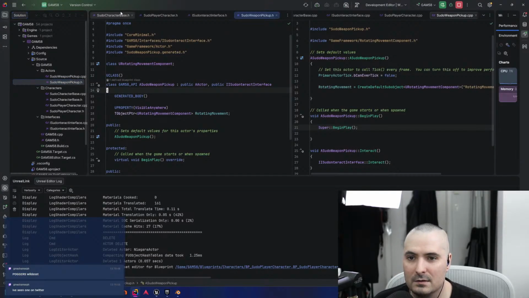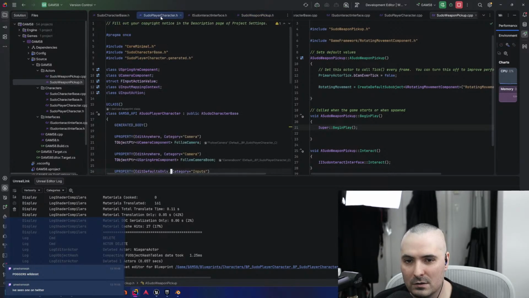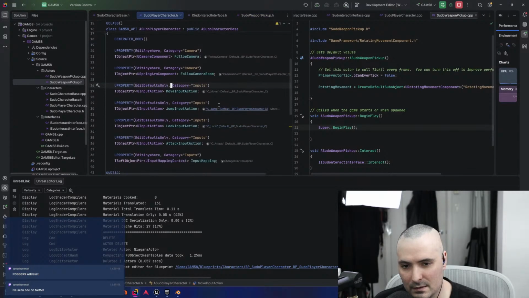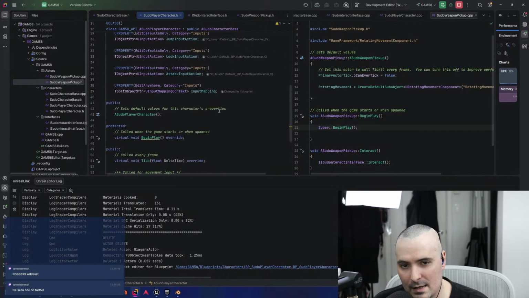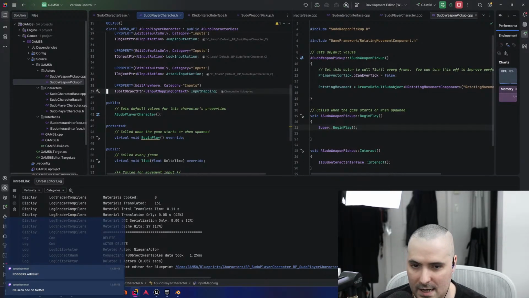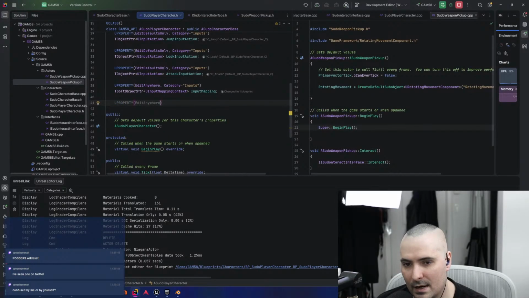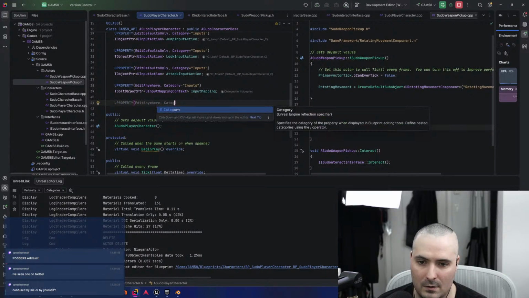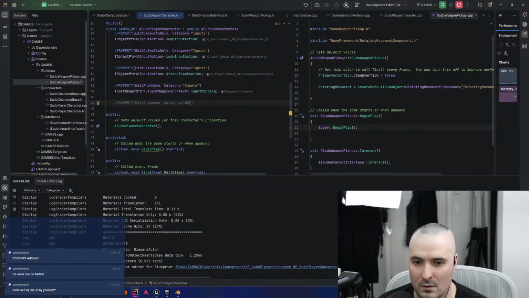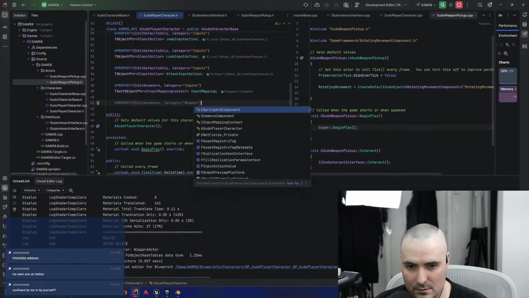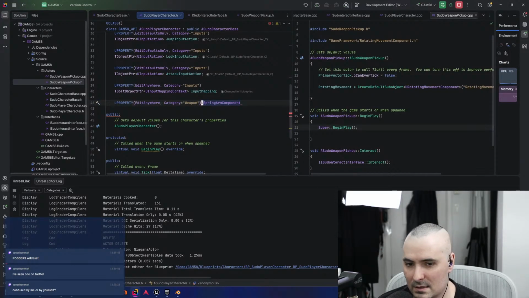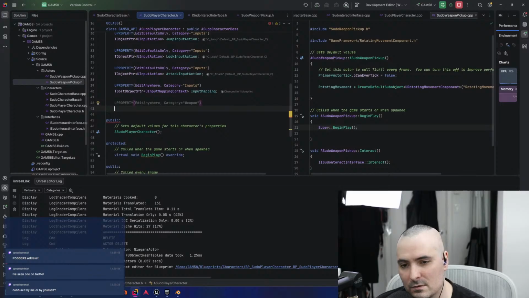Okay. Let's go to our pseudo character here. And then we're going to come to here. And we're going to say UPROPERTY, VisibleAnywhere, Category equals Weapon. That's not correct. It's cool.